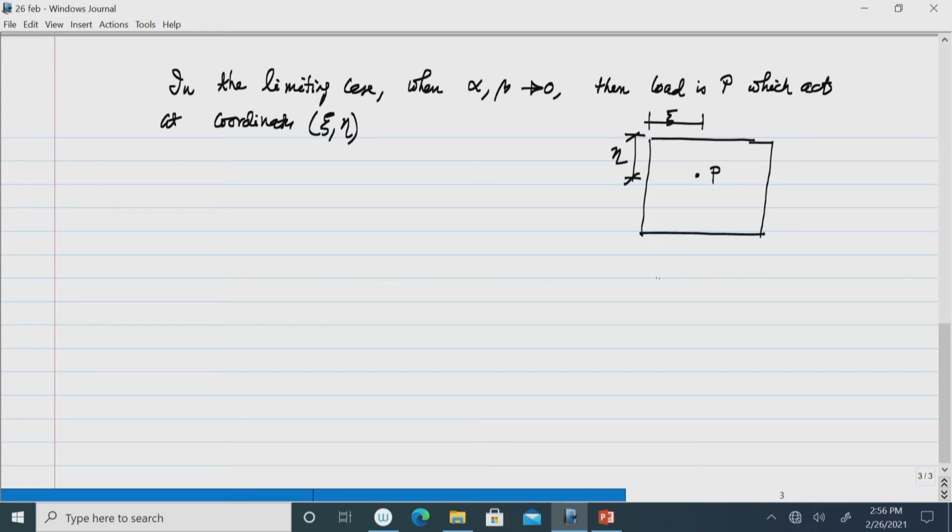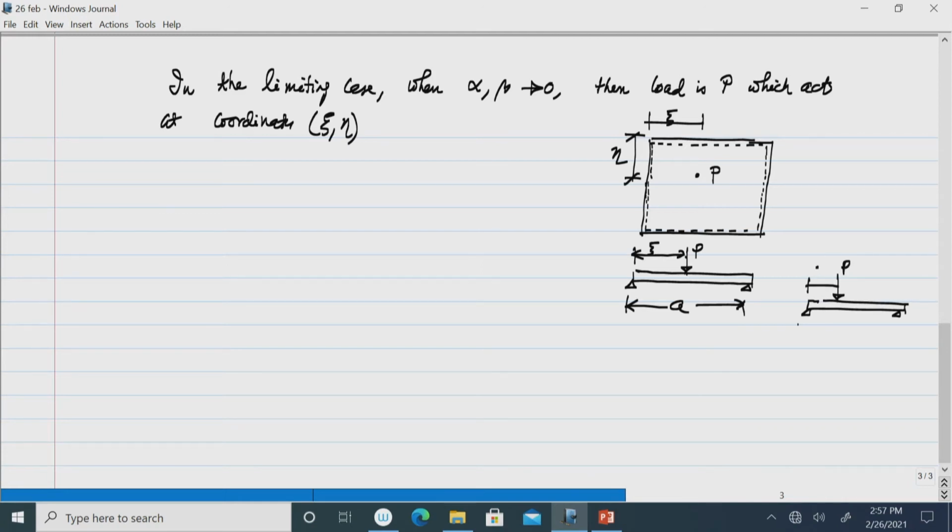That means, if you see a section, and this is a simply supported slab of course, if I see the section of the plate along the load, you will find the load P acting here if this section is shown along the longer direction, and the length is A. If this section is shown in the shorter direction, you will find this is η, and the length of the plate in the shorter direction is B.